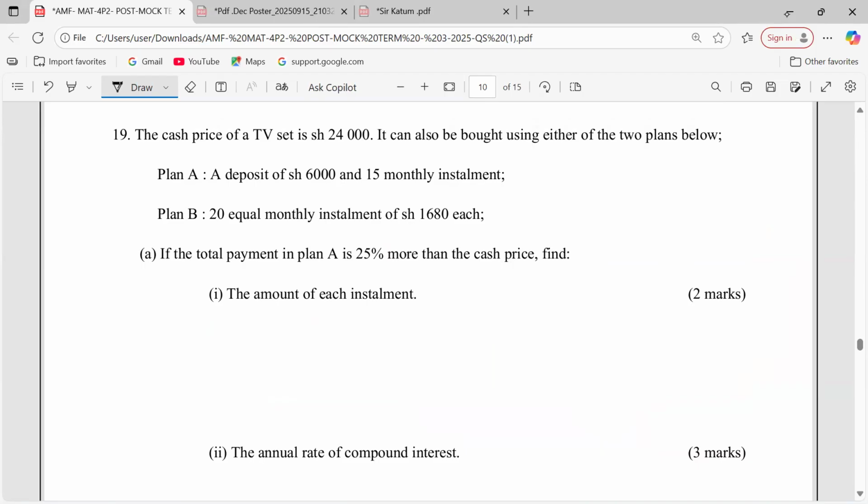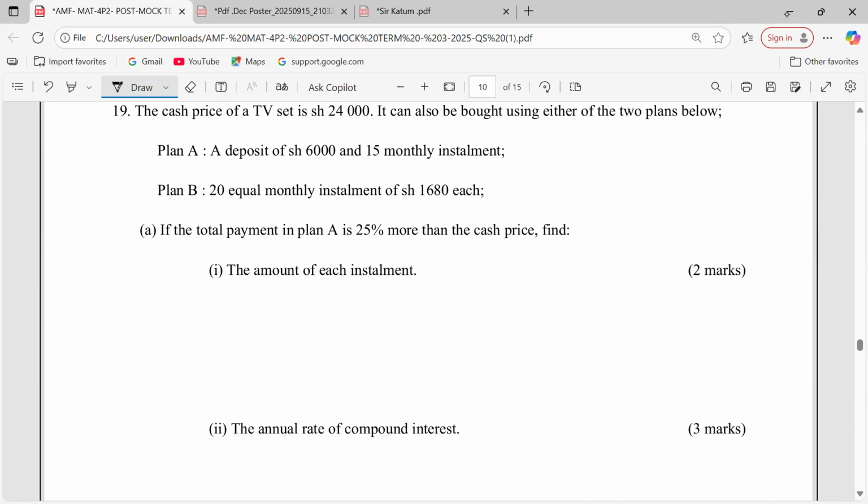Looking at number 19 now, the cash price of a TV is 24,000. It can also be bought using either of the two plans below. Look at part A. We have a plan which is said to be a deposit of 6,000 and 15 monthly installments. Plan B, 20 equal monthly installments of 1,680 Kenya shillings each. Part A of this question now is asking us, if the total payment in plan A is 25% more than the cash price,